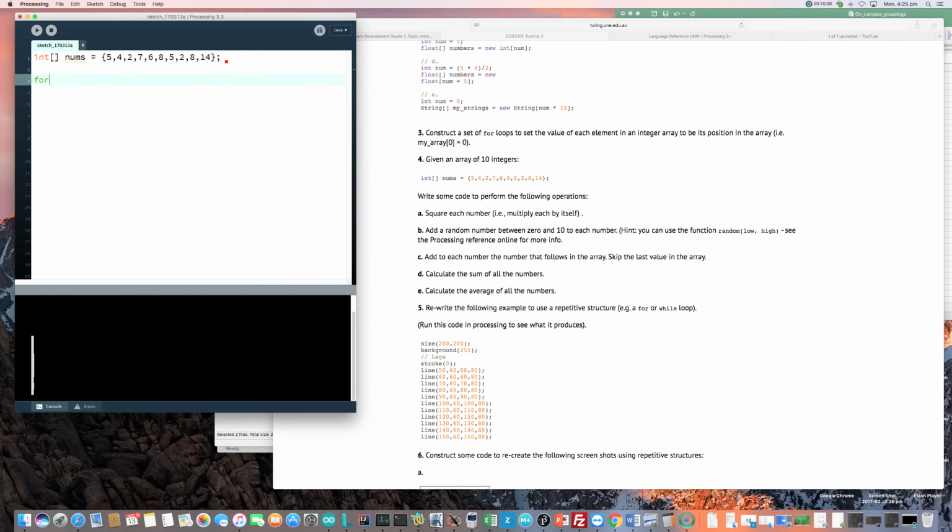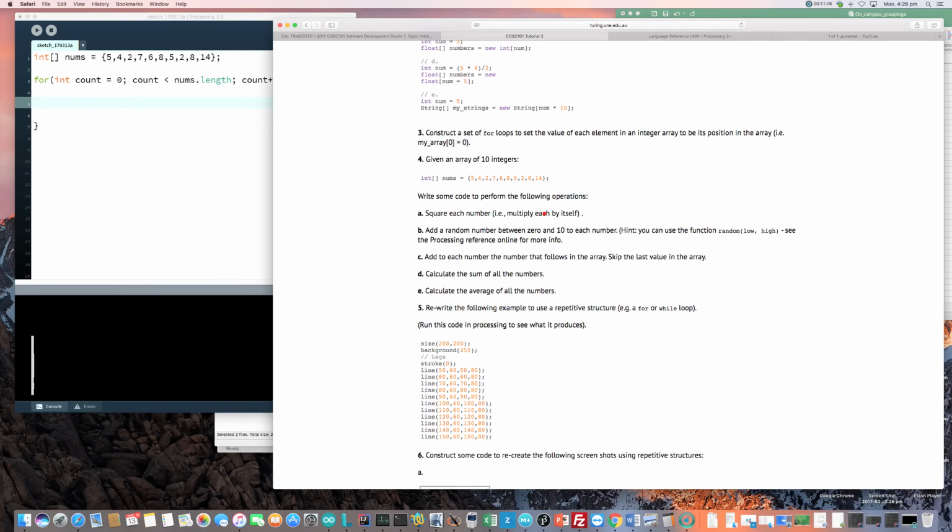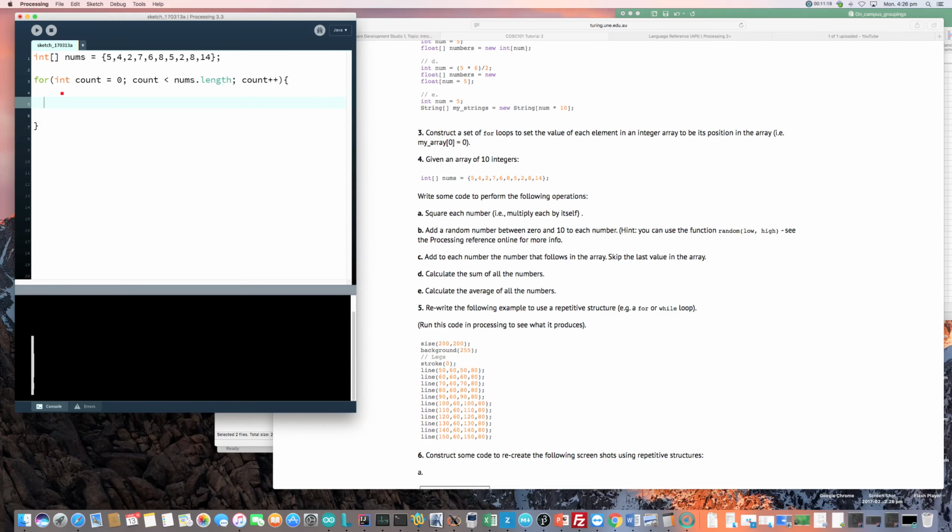So again, I'm going to use a for loop to do this. Create a counter. So let's call it count. And we've got nums up here, so I'll grab that one. And then we need to increment our counter. Oops. And I'm going to use the shorthand this time, so count plus plus. So this is shorthand for count equals count plus 1. So if I drop that in there, now the operation that we have to carry out is multiply each number by itself. So we will need to